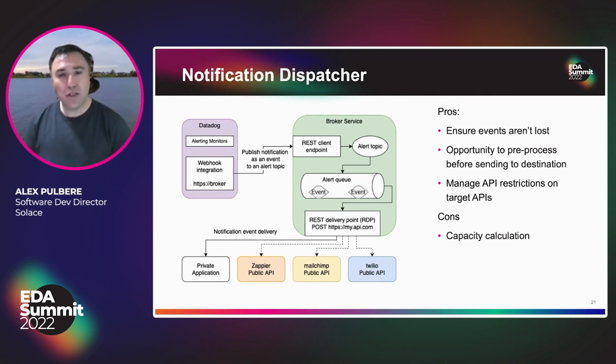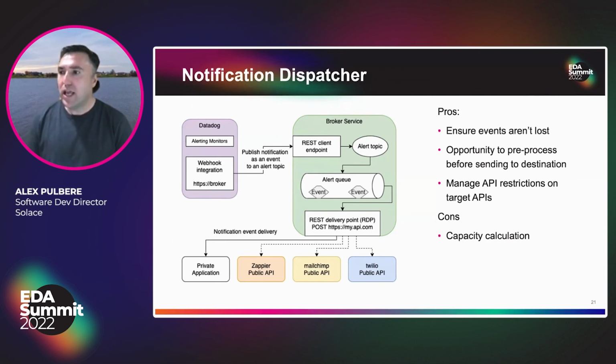The webhook integration can then be set up to make REST requests to a destination URL that we provide, in this case the REST client endpoint from the broker. The broker receives all of these webhook requests and publishes them to the alert topic, which has an alert queue subscribed to it,